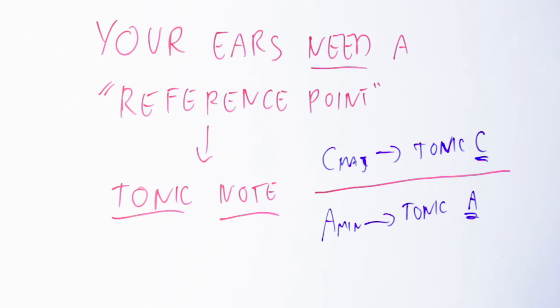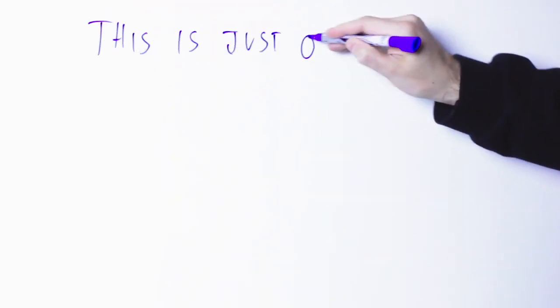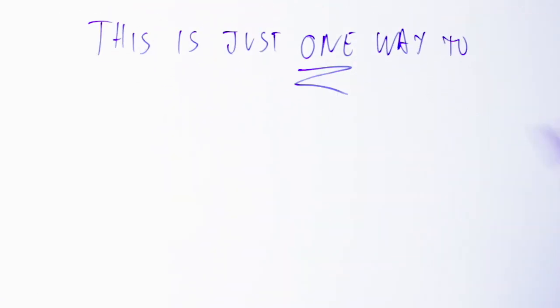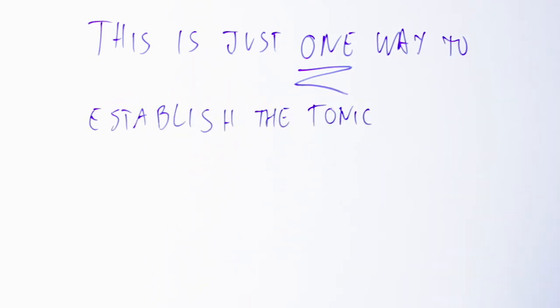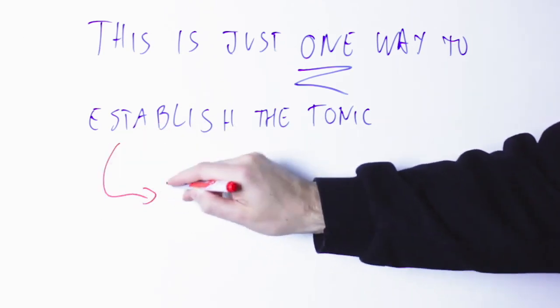Quite freaky, huh? Now, this idea to start and end the piece of music with a specific chord is but one way to establish the tonic note. It's not the only one. Another way, for instance, is to play a drone to your music. A drone is just a note that is held throughout all the piece of music. There are many other ways to establish a tonic in the ear of the listener, but those go beyond the